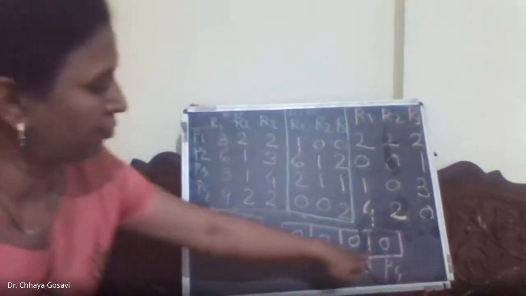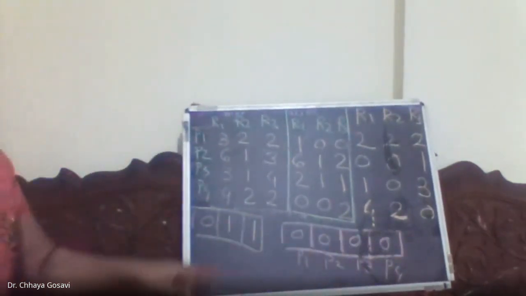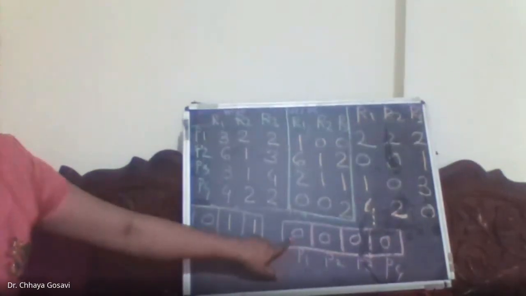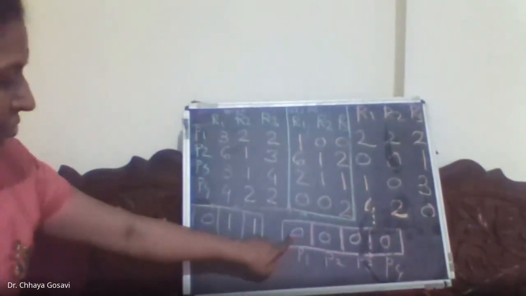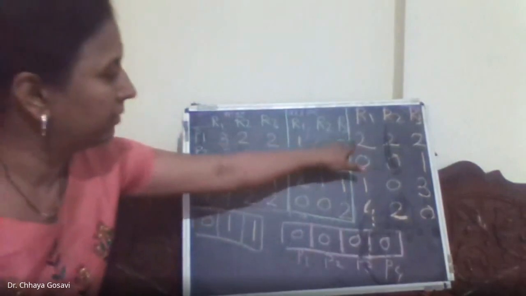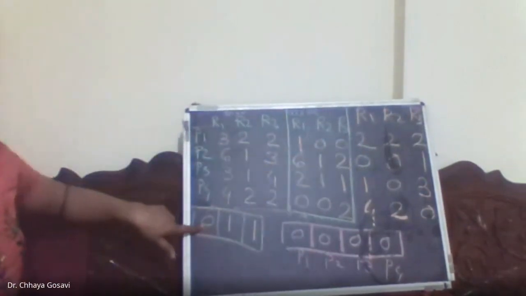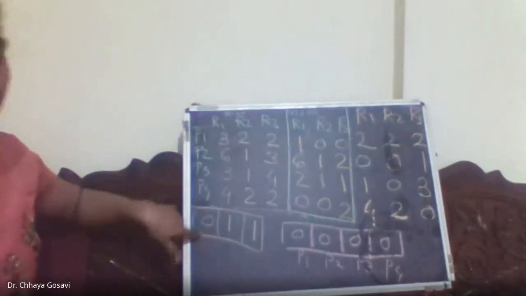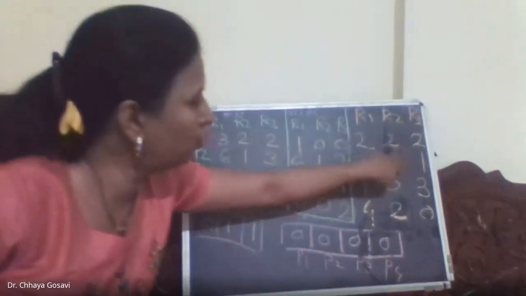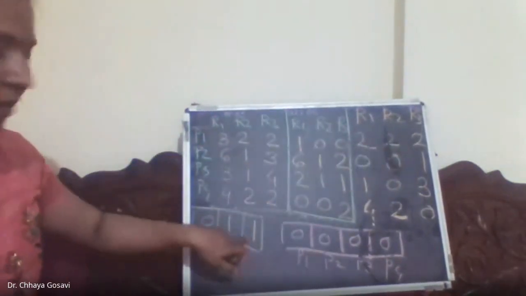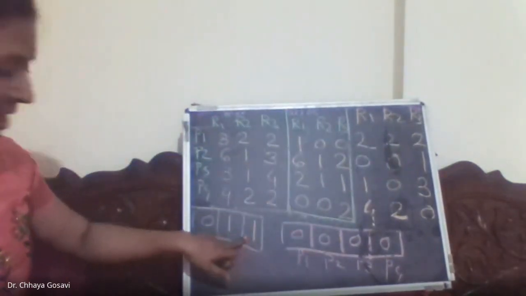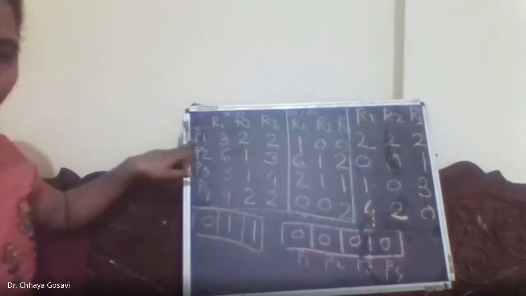Initialize it to false. Then first we have to check whether finish is 0, yes, and we have to check whether need is less than available or work. So the need of this process is 2, 2, 2, available is 0, 1, 1. So the condition doesn't match. So P1 has to wait.